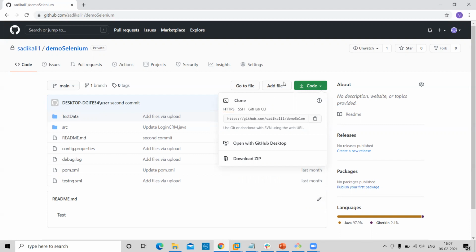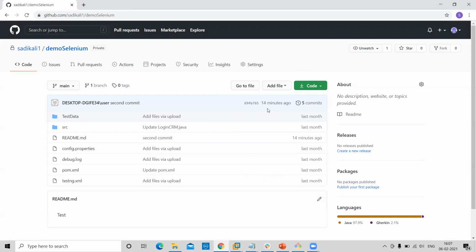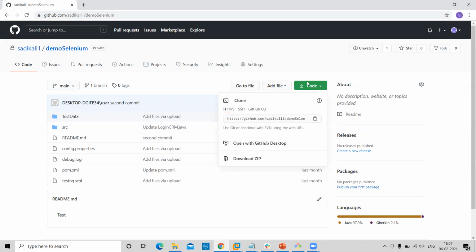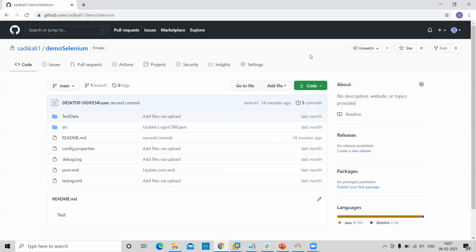Go to your repository, log in to the remote repository using the browser, and then you will find the clone button. When you open the repository, there is a button here. Select the first option, HTTPS, and use the copy button. Once you copy, you can come back to your local system, create a folder, and let me show you what command we need to run to clone the repository.